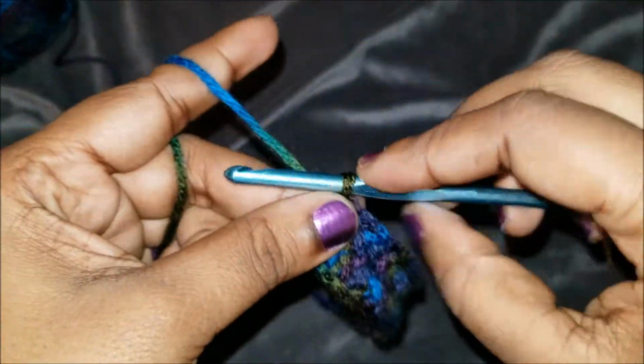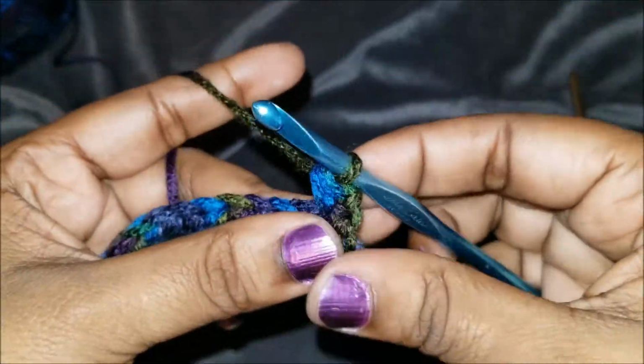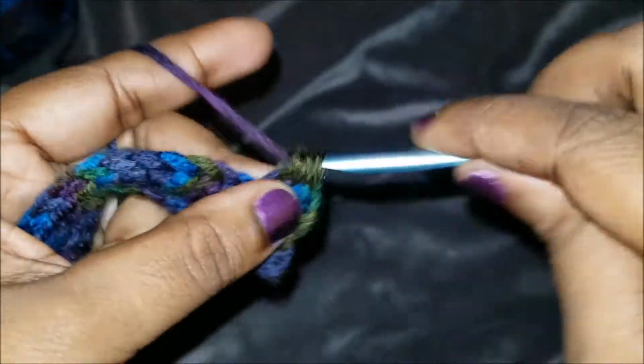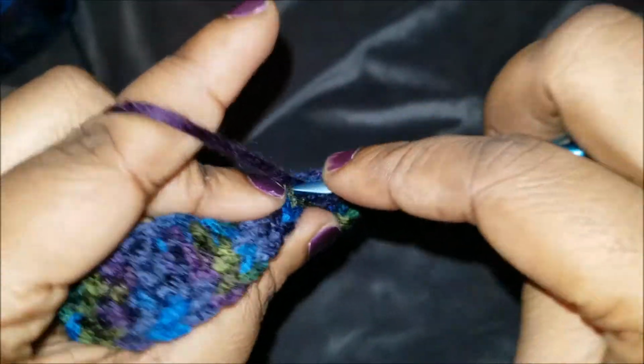All right. So what you're going to do, again, you're going to chain 1, turn, first one, regular half double crochet. First and last stitch is a regular half double crochet. 13 in the middle will be the pattern. So we're going to do in the back loop like we were normally doing, and we're going to be doing 13 across. So that's 2, 3,